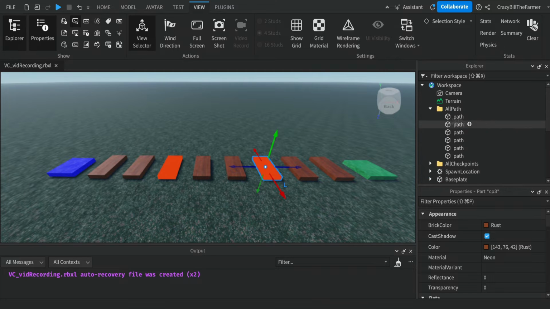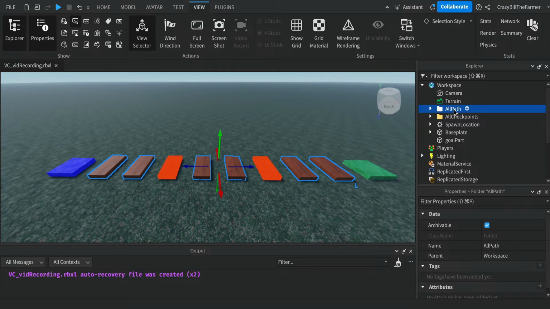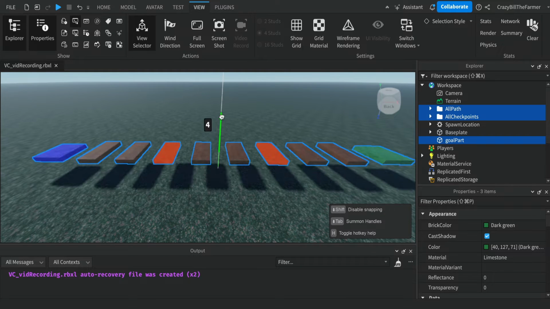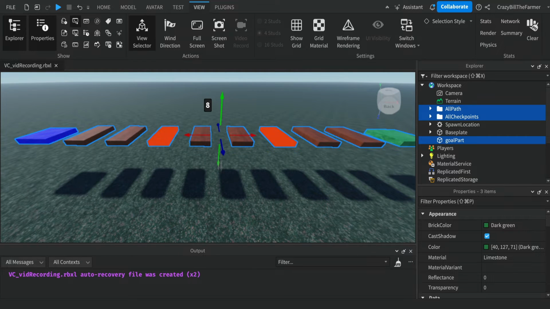So if you close up your folders, click on the All Path folder, which will select them all, Command or Control to get the checkpoints, and the only other one we want to grab at the moment, Command or Control with the goal part, and then we're going to move it up in the air, well, as high as you like. Now, when the players fall off of our obby, they're going to fall just onto the ground,